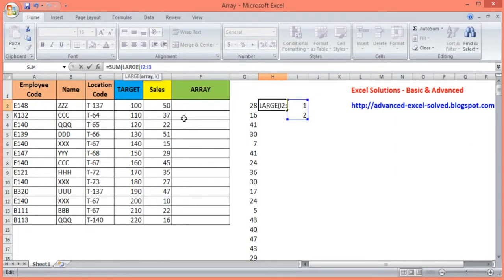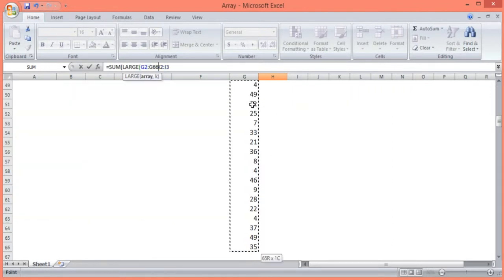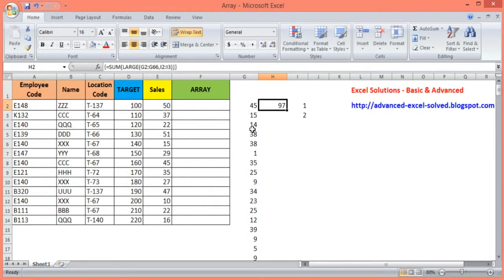LARGE is asking for the array. Now I will show you the array. Now I will put a comma and close the LARGE function. Don't forget to press Ctrl Shift Enter again to create the array. Now see it, there is 97.